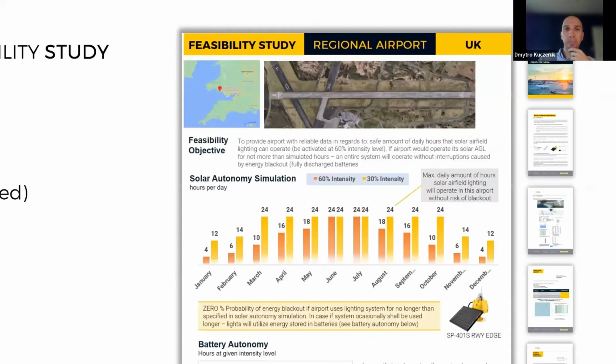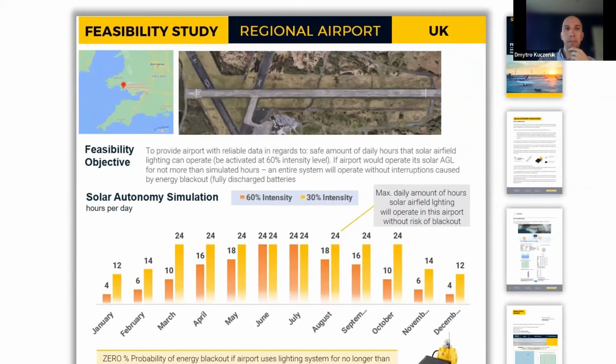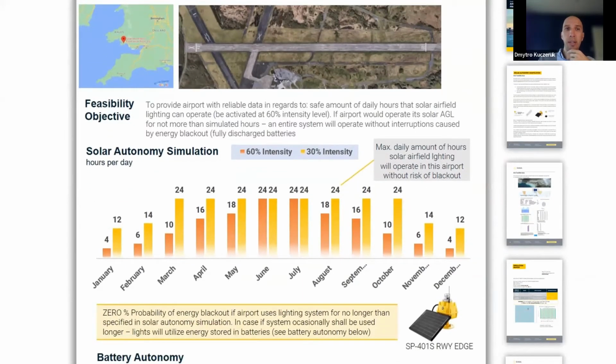When we talk about results, what you see here is the most important part of the results. It actually shows us the amount of hours that are divided into 12 months of the year. So you can see January, February, March, and so on and so forth. What you see here is 4 hours, 12 hours, 24 hours. What does it mean? It means that if the airport would operate,